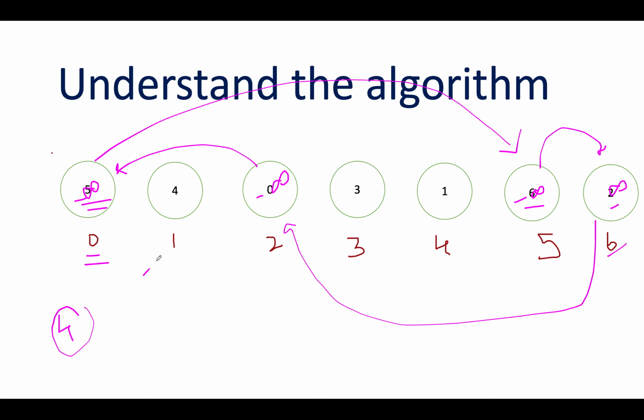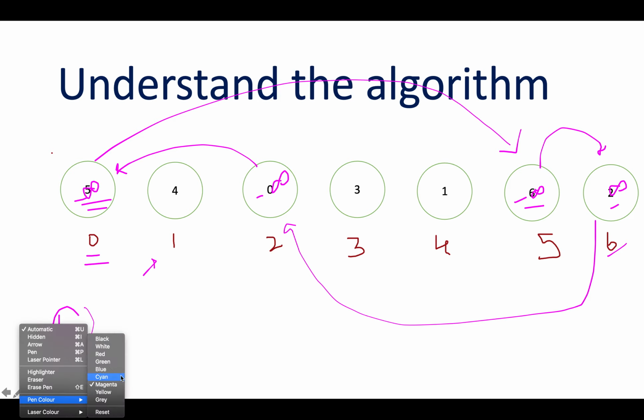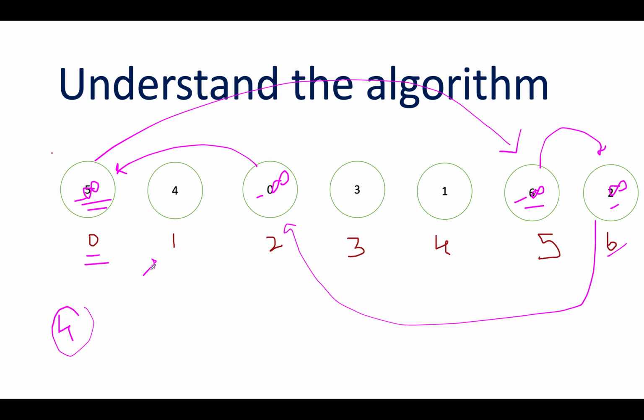Let's continue the process. Next we have is 4. Let me just change the color of pen for better visibility. Next we have at 1 is 4, so we'll update this to minus infinity and we will move to the 4th index. At 4 we have 1, so we will update this to minus infinity and we'll move back to the 1st index. Again, that is the termination of this particular cycle because this node has already been visited, indicated by negative index. The length of the cycle is 2, we'll ignore it.